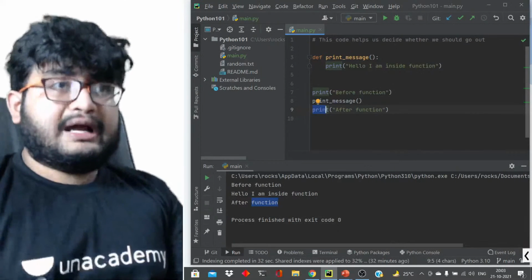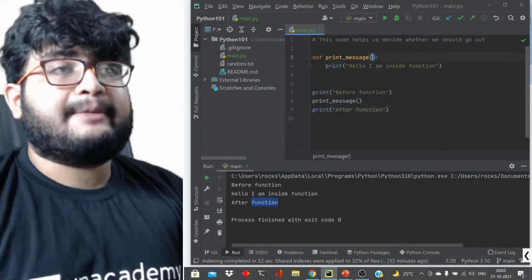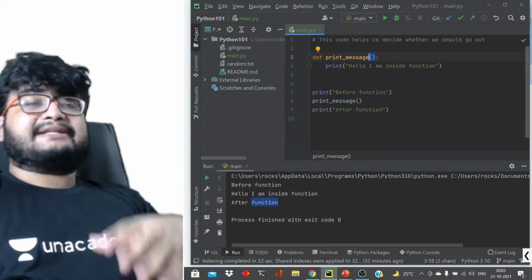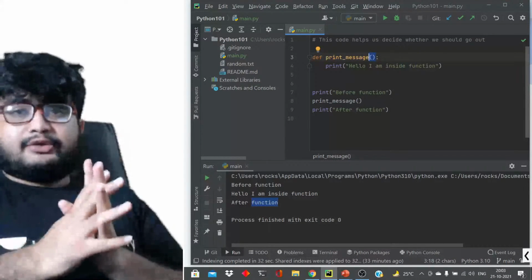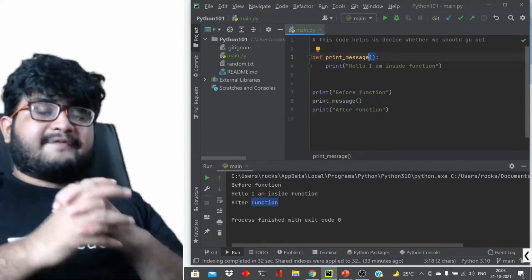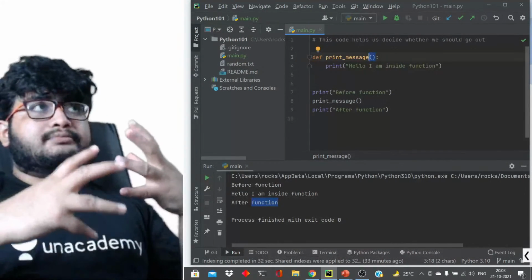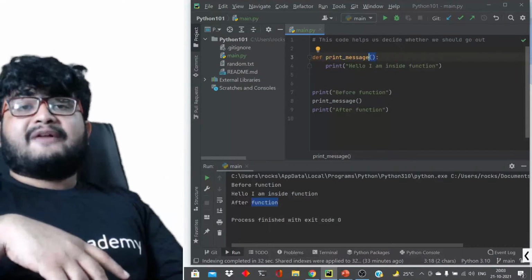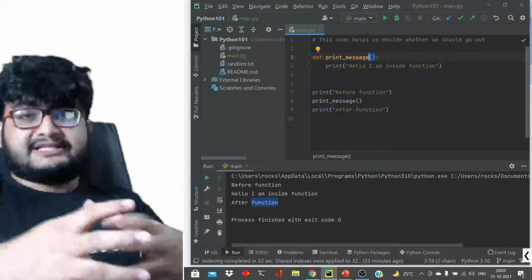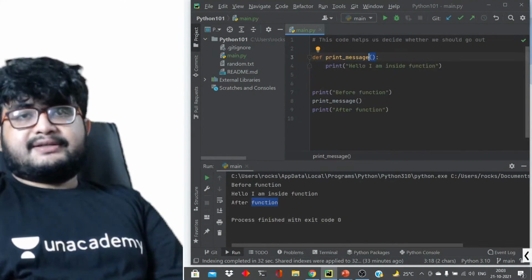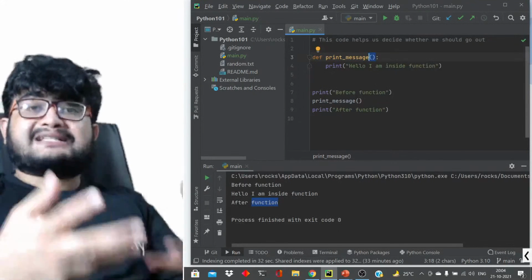Now I was telling about the brackets, right? What are these brackets for? It is for passing data. What does this function do? You are just calling the function and it is doing something, but often functions are not designed to be like that, because you might need to pass some data to the function for it to process. Let's say you want to add two numbers, so you have to pass in two numbers, right?